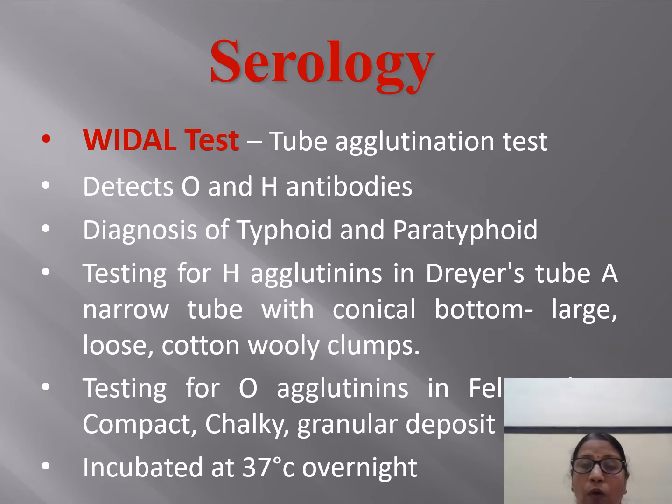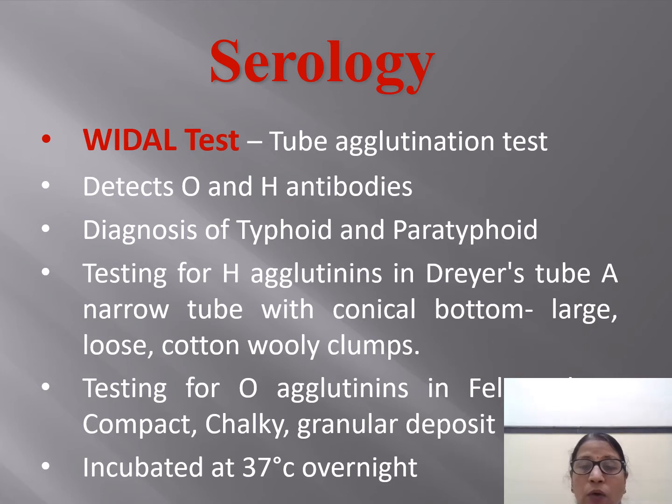So, the first row will be of O agglutinin. In this, serum is taken and we will add O antigen in all the tubes. The first row will have 5 tubes. We can have dilutions 20, 40, 80, 160 or 320, or we can have 30, 60, 120, 240 likewise. And the last tube will be for control. So the first row will be of O antigen, where we detect O agglutinin, or agglutinin against O antigen.